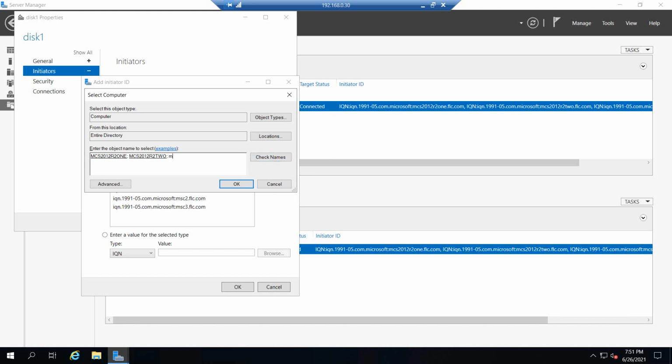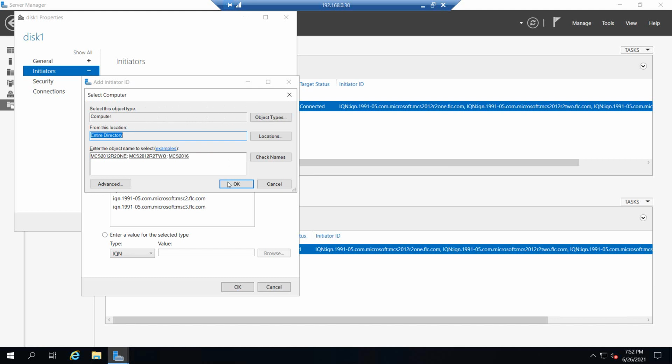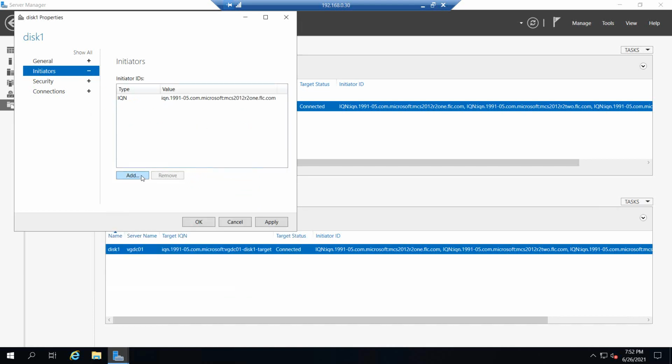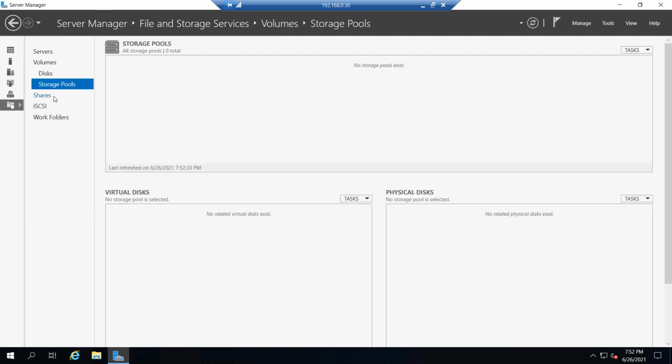The 2019 box is still in progress, so it won't be added. These are the servers; once you click OK, they will be listed here. The other servers I already configured don't require this. So click OK, apply. Okay, so this is done.